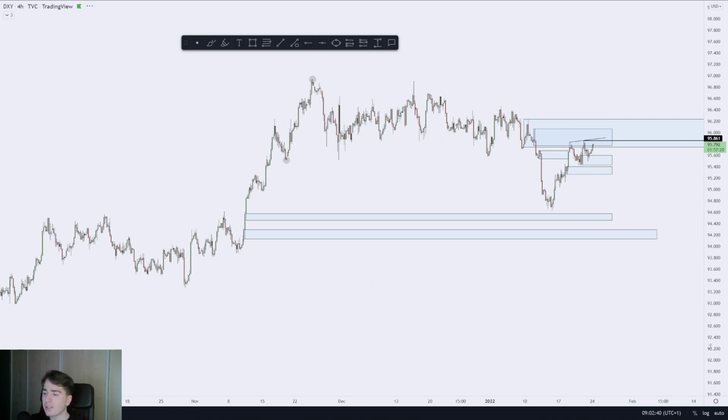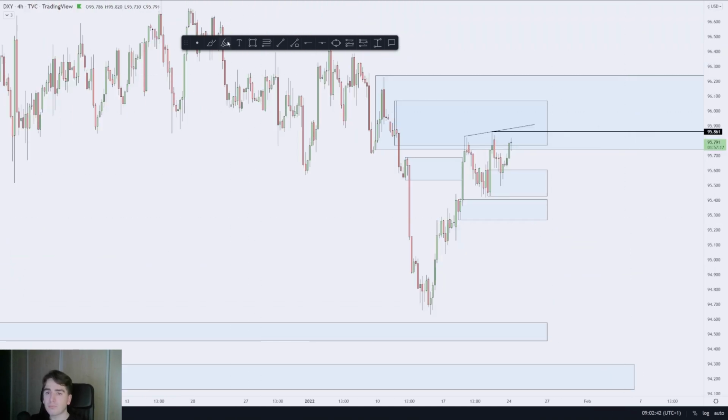Furthermore, quickly diving in towards the 4 hour, what we can see over there is that this area of demand, which I pointed out on the Friday, has been holding and has been sustaining bullish price action. Furthermore, we've been inside this area of supply already now for the third time.